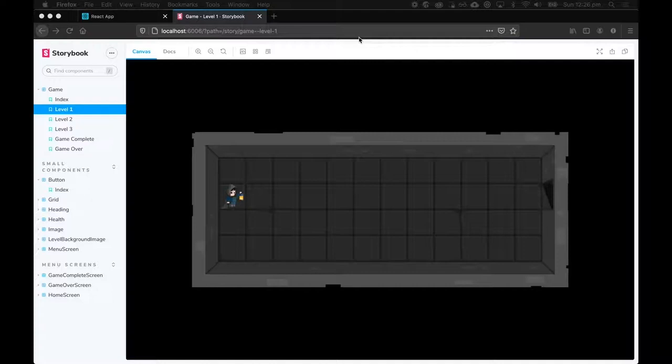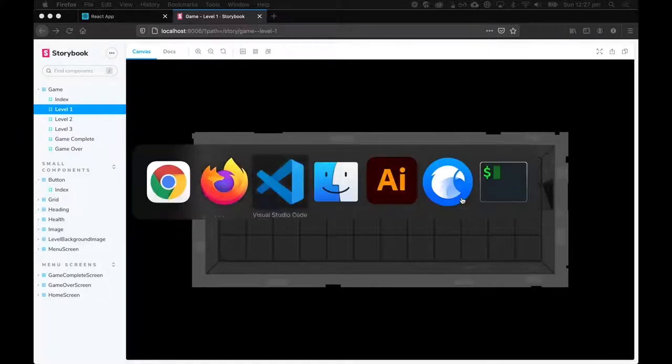In this lesson, we're going to get our game to change from level 1 to level 2 when the player walks through the door. We're going to make the assumption that when the player reaches this square here, that will represent them walking through the door. So the first thing I'm going to do